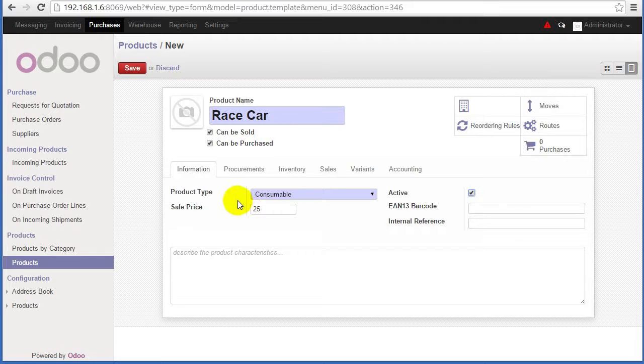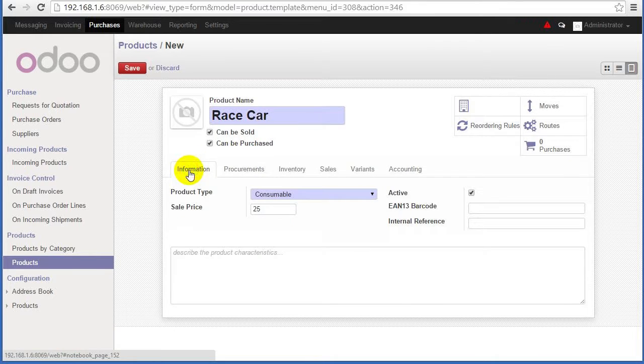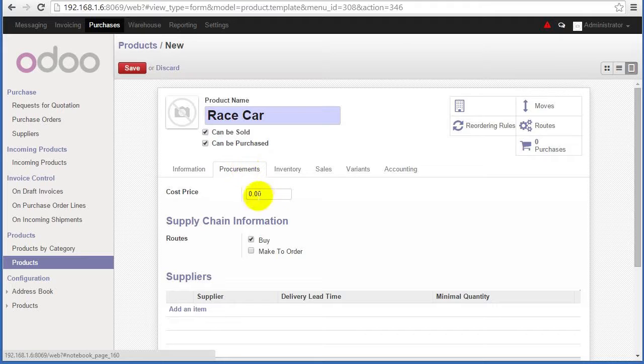So now if we go to procurements, and this is important in setting up a purchasing system, you're going to want to put in a cost price. So now if we're selling it for $25, we better, in a retail environment, we're going to need to